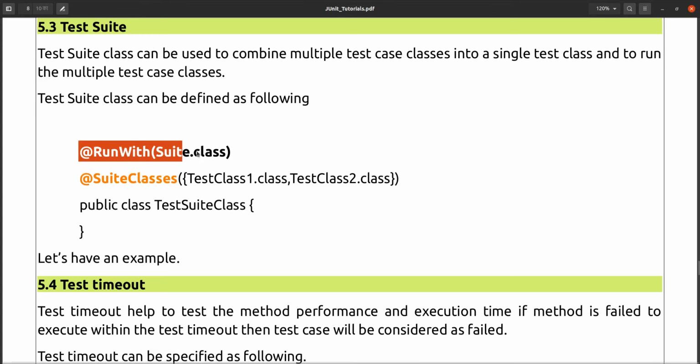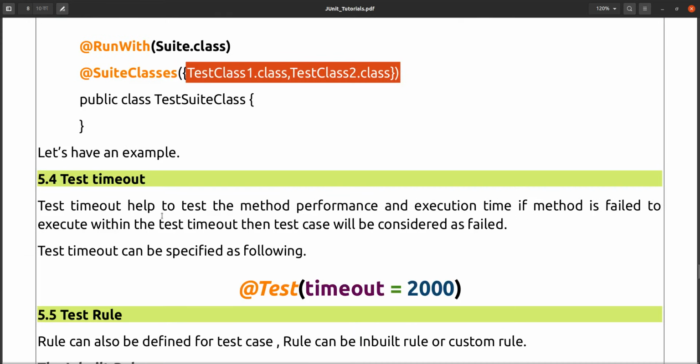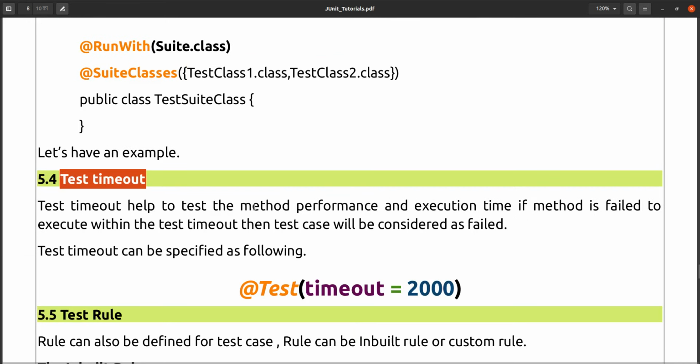So to use the test suite, you have to mark the test class with the annotation RunWith Suite.class, and inside suite classes you can give n number of test case classes. Okay, next one is timeout. What is the meaning of timeout? Suppose